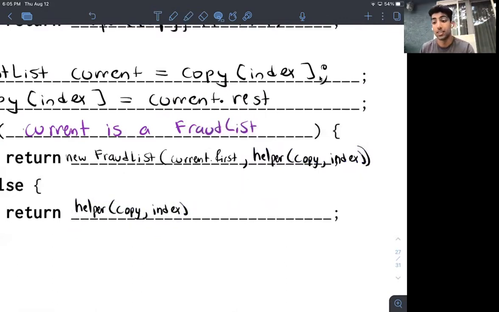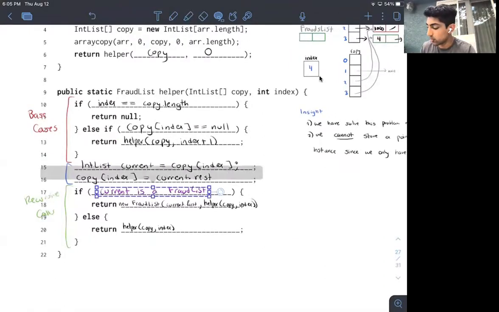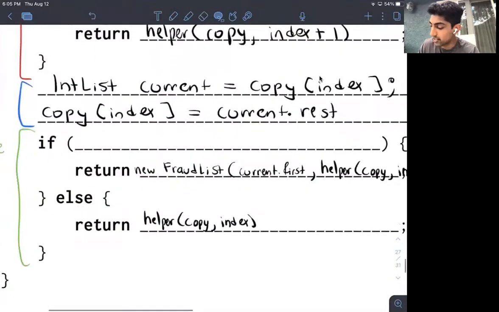Okay, so the last piece of the puzzle until we're done with this problem and we finished CS61BL final is we need to figure out how to do this check. So this isn't too bad. Using dynamic method selection, what we can realize here is that the static type of current is int list, right?